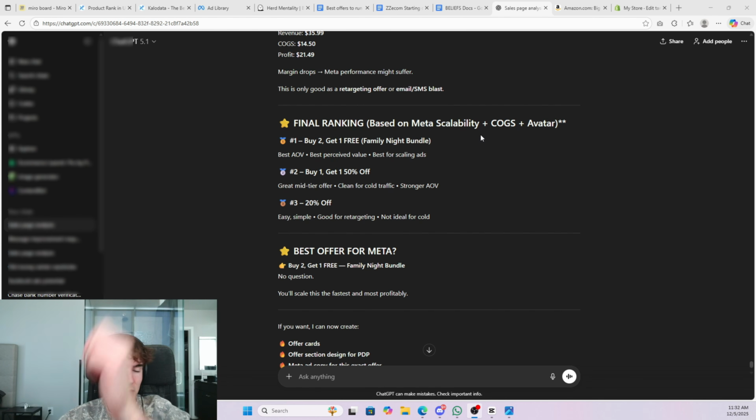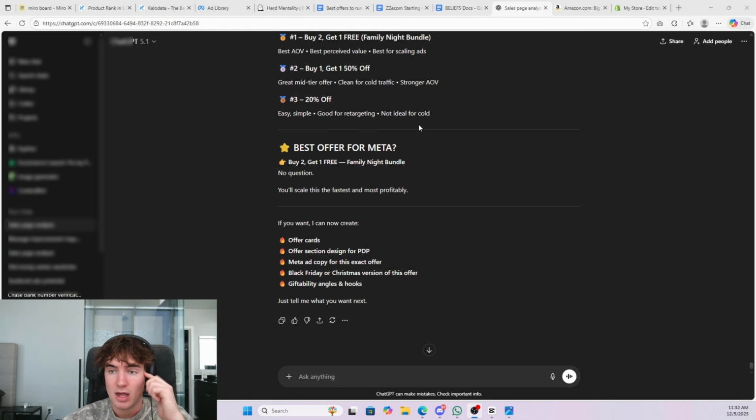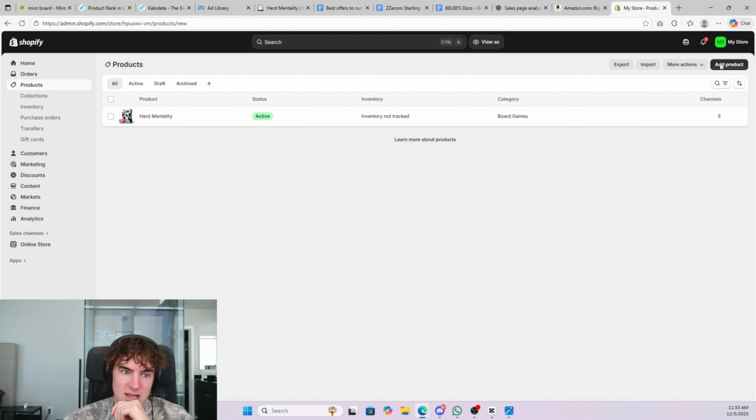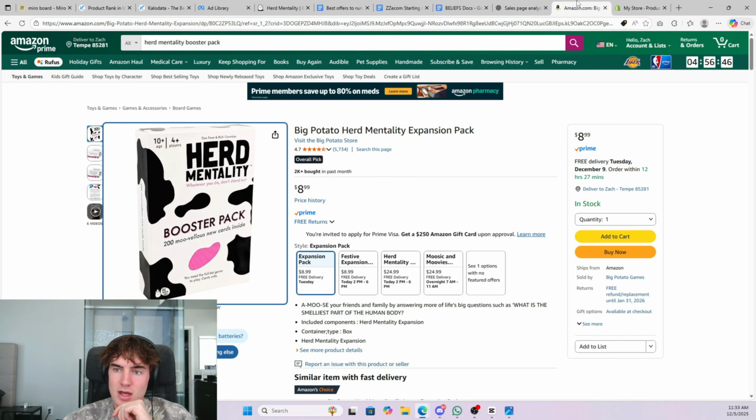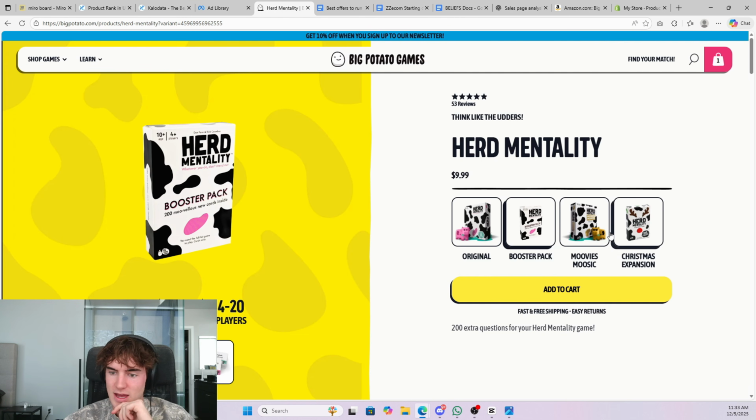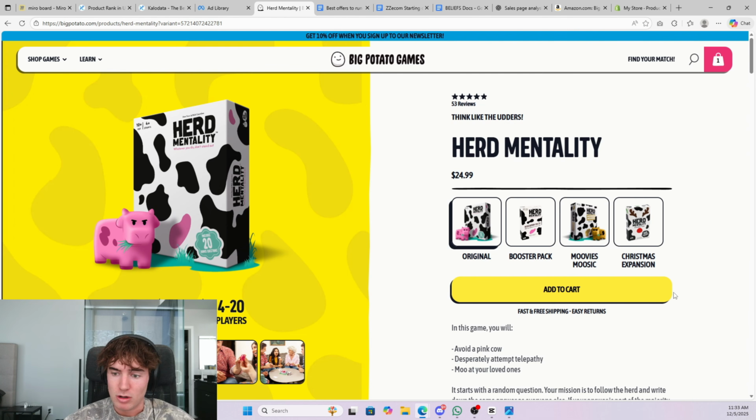All right, so it gave me a couple different ones, like a buy one, get one 50% off, buy two, get one free, and then it also gave me a bundle and save. I think bundle and save is the one I'm going to want to go with. And then I also saw on their website how they had different packs. So I'm going to bundle these ones up and create a couple different offers that will help me raise my